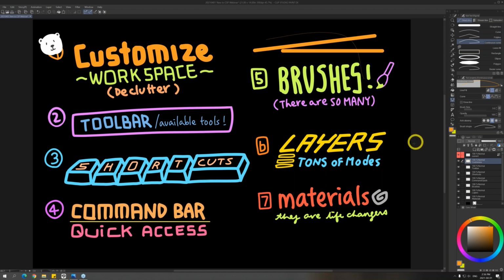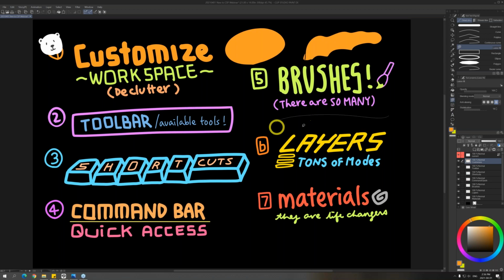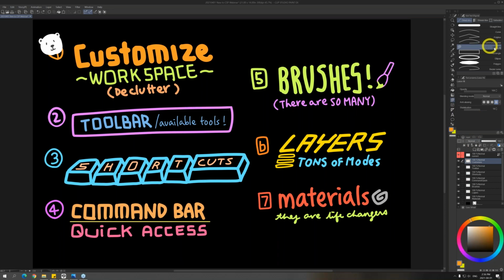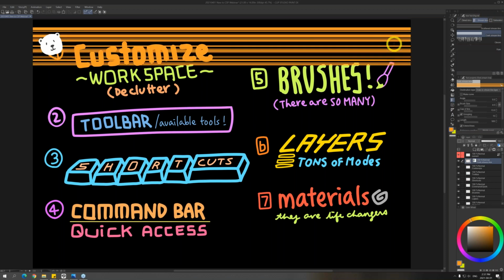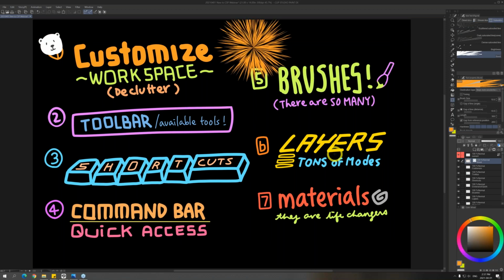Oh, there you go. And then the lasso fill is also fun. You can just use it to make a selection, and without pressing anything else, it's going to fill that area with your drawing color right away. So lasso fill is under the figure tool. And you can use this to draw some horizontal lines,